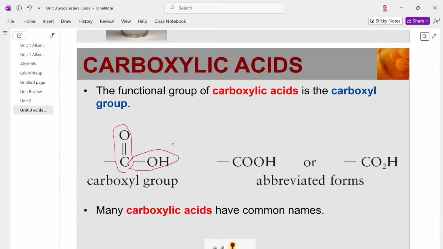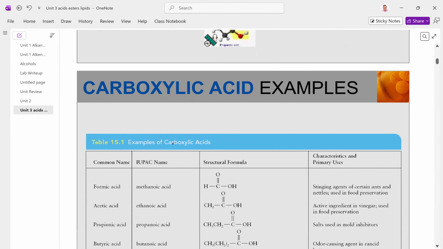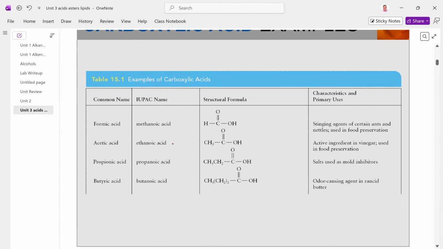And they've been a very old studied group. So there's a lot of common names. So we're going to learn the common names. We're also going to learn the official organic names and also the official biochemical names. So there are three groups we're going to be learning. Okay, so these are probably the most common acids you are probably familiar with, not necessarily knowing